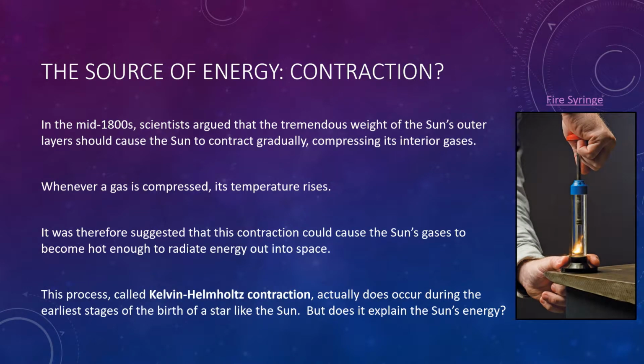In the mid-1800s, scientists argued that the tremendous weight of the sun's outer layers should cause the sun to contract gradually, compressing the interior gases. Whenever a gas is compressed, its temperature rises. So what I have here on the right in this image is what we call a fire syringe. It's just this little chamber where you put a small piece of paper inside and you push down on that piston like you see this guy doing. And as you do that, it's just air and a piece of paper inside, and the paper will catch on